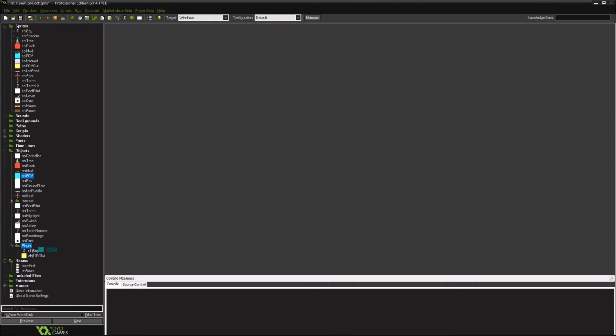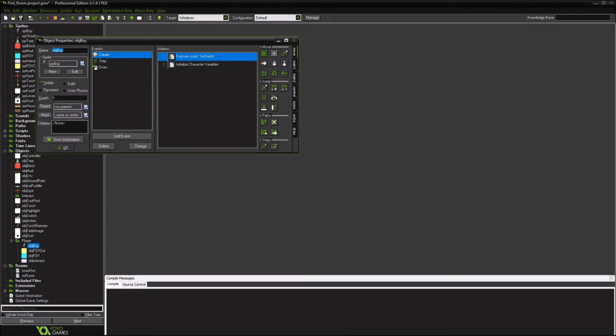Our movement objects, and we have that interact object. We're going to make these all persistent. That way we don't have to recreate them